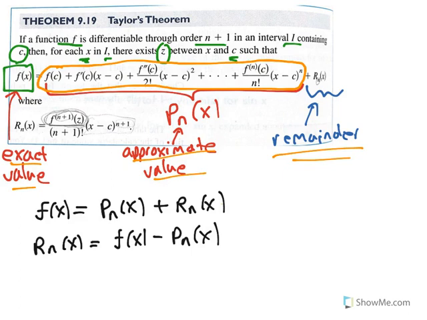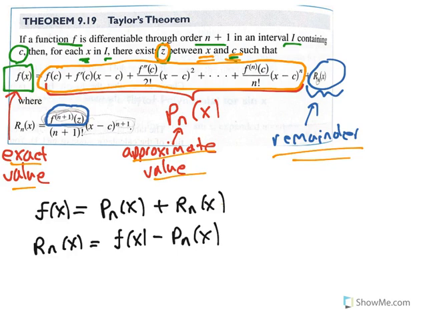So Taylor's theorem tells us that the remainder, which I have braced here in blue, is given by the n+1th derivative of the function evaluated at z. And what is z? It is a value between the center of our polynomial approximation for f and the x value at which we're evaluating the function f. So z is some number between the center of our polynomial approximation and the x value at which we're